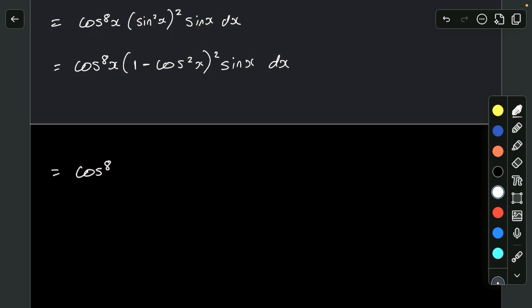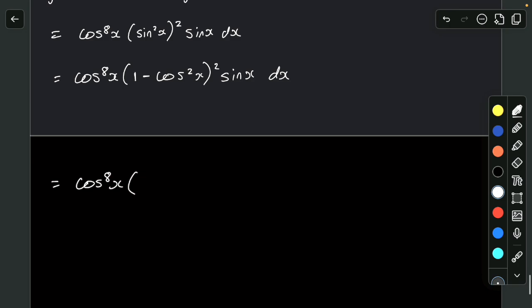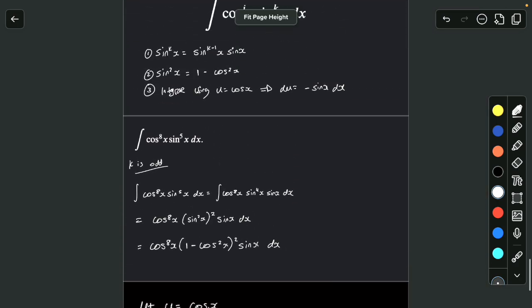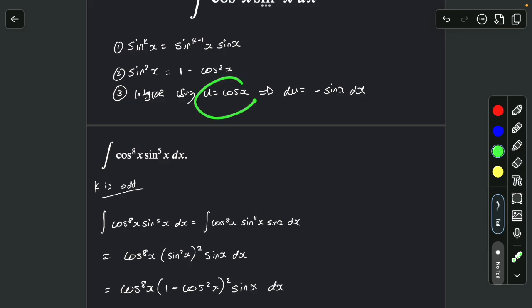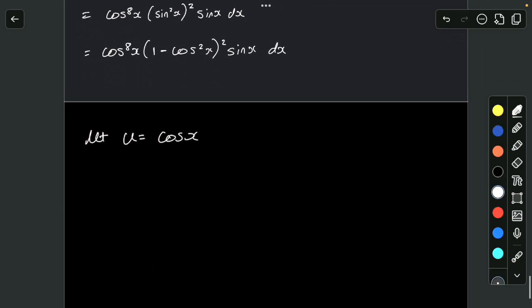So we're then going to get cos^8 x, and what we can do from here is say let u equal cos x. So we're applying our next phase here. So if we let u equal cos x,